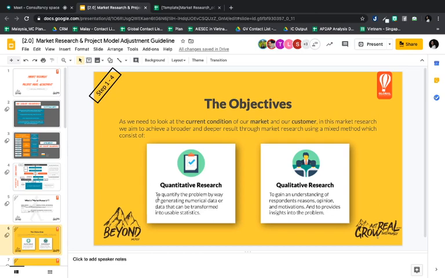For qualitative research, we can understand exactly what our customer is looking for and what we should improve, but we might not get that many responses. So each method has its own strengths and weaknesses. That's why we choose both methodologies for our market research so far.